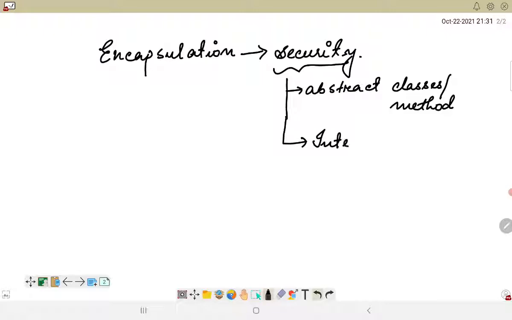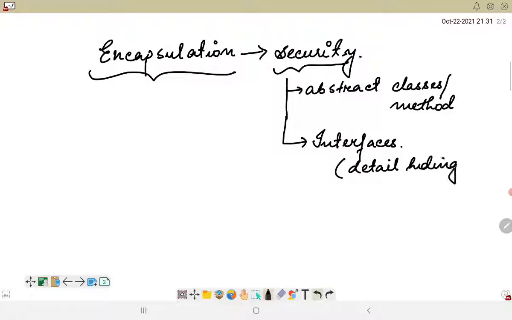Now today we will be talking about one more way in which we can achieve security, and that is encapsulation. As we talked about interfaces, they involved detail hiding. Here in encapsulation we will talk about data hiding.